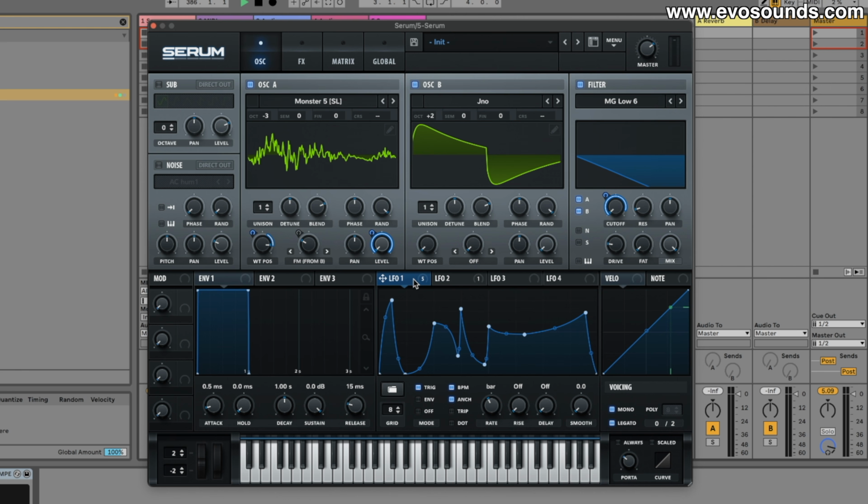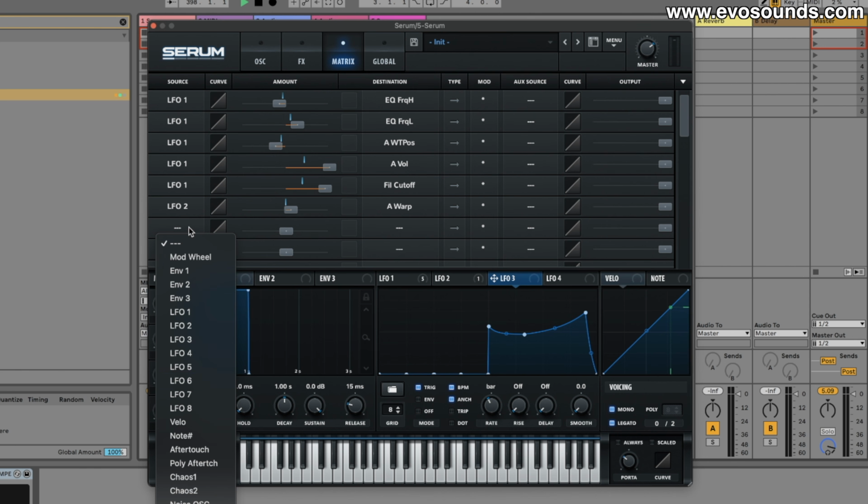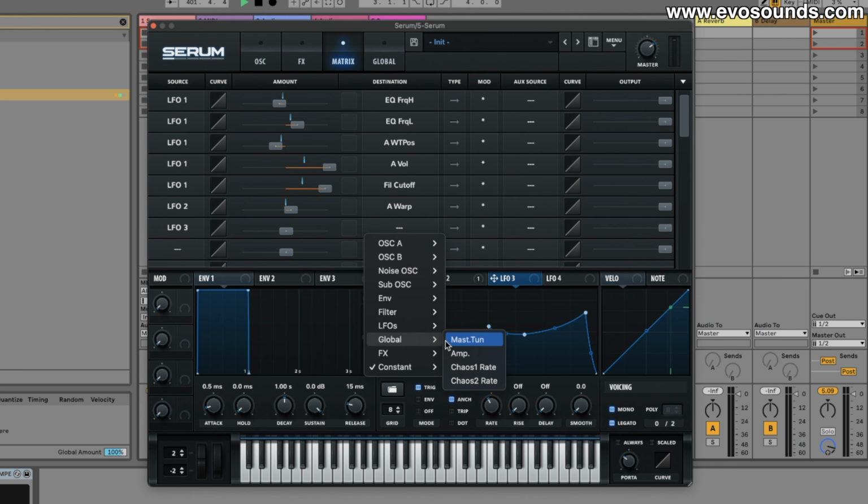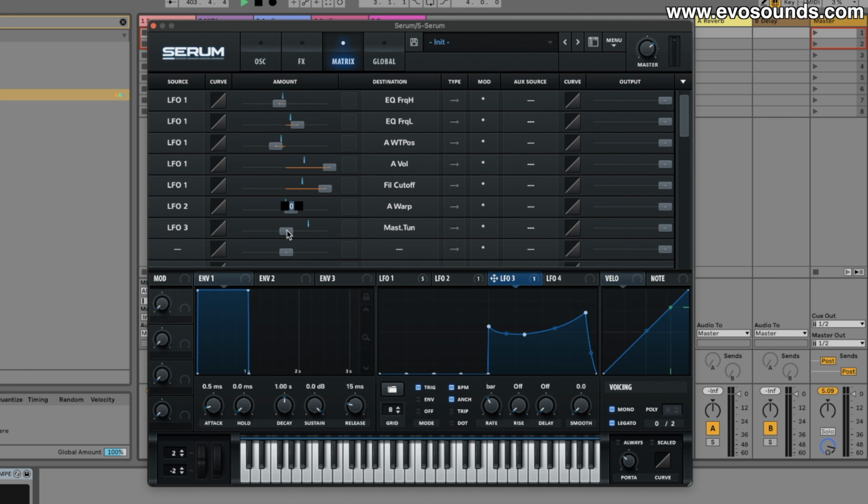And the last tip I'll give you guys, which is probably one of the coolest things that I did for the pack, is holding Alt, you can copy this LFO, and let's assume that you want a certain thing to happen at a certain spot in your sequence, because I think this is one of the strongest ways to create drops if you know what you're doing with Serum. Then you can do this, and now you can route this LFO 3 maybe to the master tune of the global. And then from there, put where you want to go. Let's say -1 ST. And then if you don't like that, you can always do this and maybe